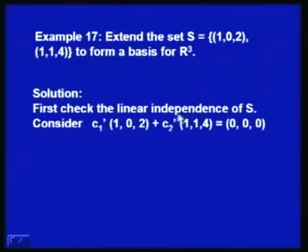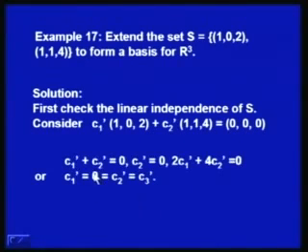So, we first check the linear independence of S. If these 2 vectors are independent, then we have to add one more vector into it to form a basis. So, first check the linear independence of the set S. We consider the linear combination to be 0: C1' (1, 0, 2) plus C2' (1, 1, 4) is equal to (0, 0, 0), and from this we get C1' plus C2' is equal to 0 from the first component, C2' is equal to 0,